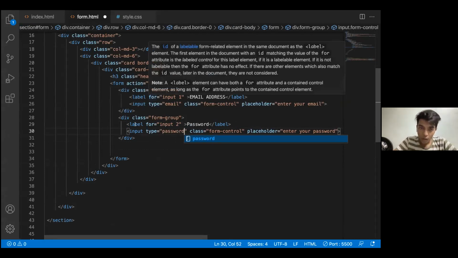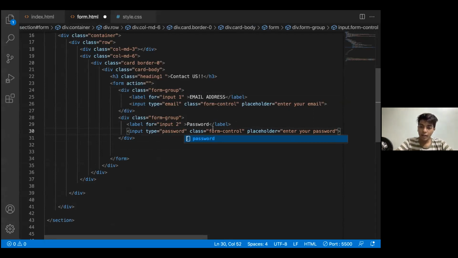So I'll just tell you now why we use form-group and form-control. Form-group is used because in a particular form I have divided these things into groups. Supposing there is a class of 40 students, the first 10 students are group A, the second are group B. If I want to call out something or know who is where, I'll say group A come here, group B come here.